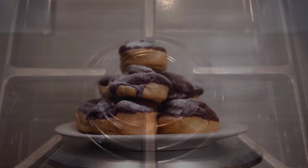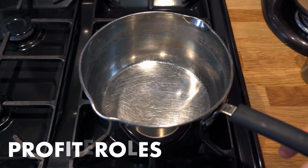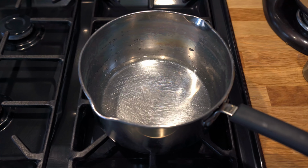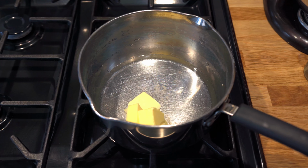So let's get started. There are just 3 components that you need to think about when it comes to making profiteroles, and the recipe is actually quite simple to make, but you do have to make sure you get these components right. First is the pastry, which is a choux pastry or pâte à choux, which starts by combining 230